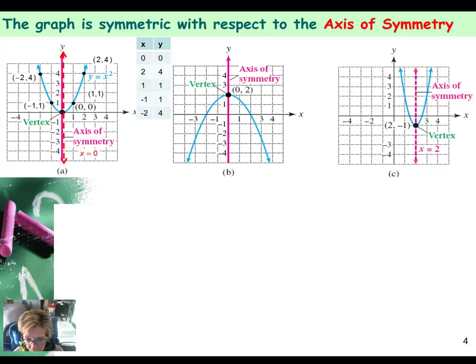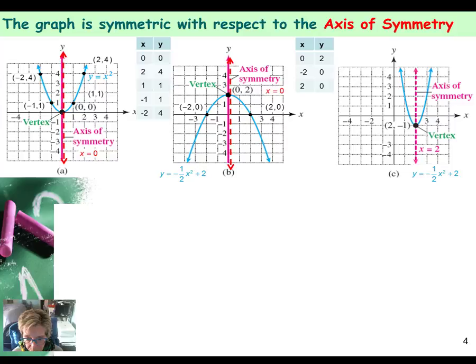There will be some questions where you have to figure out the vertex, and I have the formula coming up very shortly. But now our vertex is 0, 2. Our axis of symmetry is x equals 0. The equation for this line I'm giving you at this point, you will be able to find that equation on your own. And now I know that my vertex is 0, 2, so I need some values above and below 0. You will see that I chose -2 and +2. In this case, 3 points is enough. Sometimes you will need more. I'm going to plot those points, label those points,